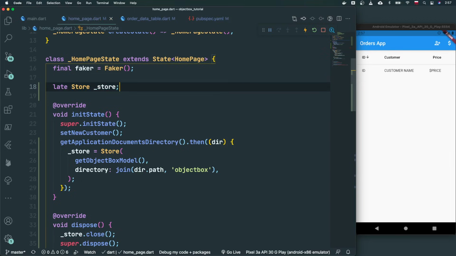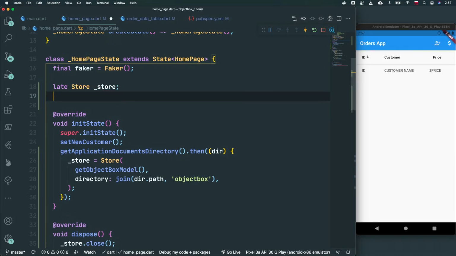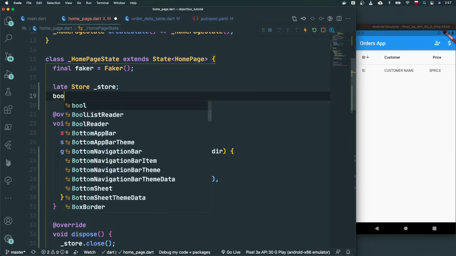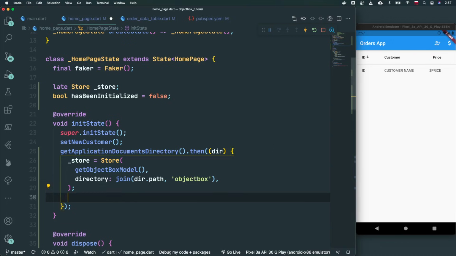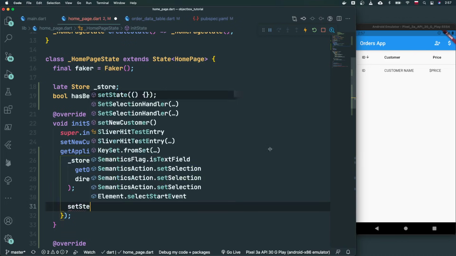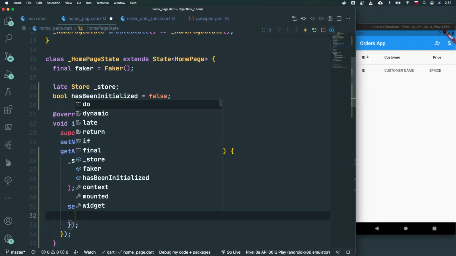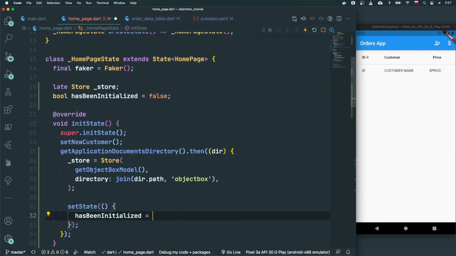So to mitigate this issue, we can remain working with the late field, but we also need to create a boolean hasBeenInitialized and set it equal to false by default. And now whenever the store is initialized already, we're going to call setState and set hasBeenInitialized to true. Let's now take a look at how we can set the customers properly and add orders to the